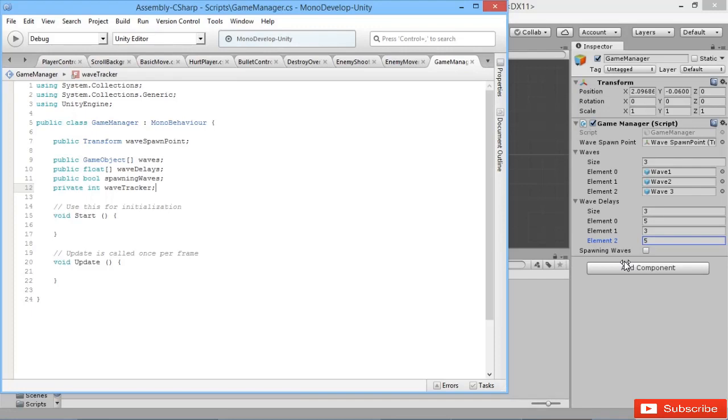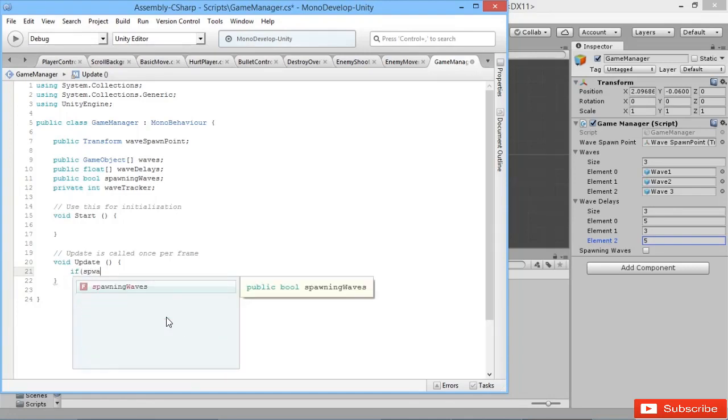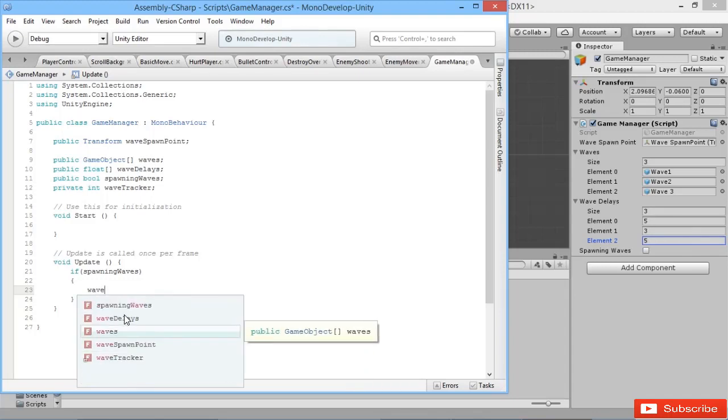So let's take a look at what code we can do to actually start doing that. So first of all, we need to know if we're allowed to spawn waves at the moment. So that's the first check we'll do. We'll say if spawning waves. So if spawning waves is true, then that means we're allowed to start cycling through this whole array of things. And what we'll do then is we'll basically start counting down our wave delays array here. So we'll say wave delays,